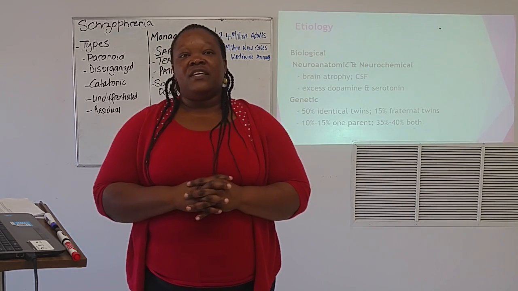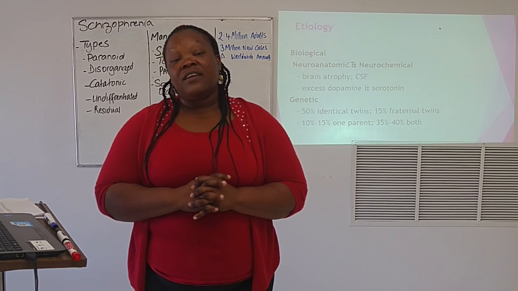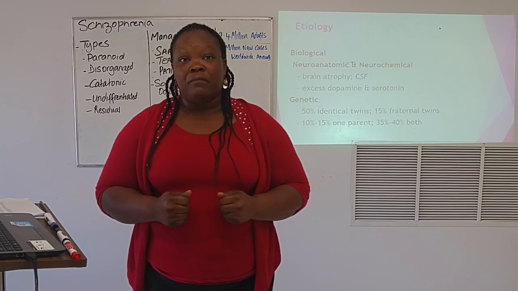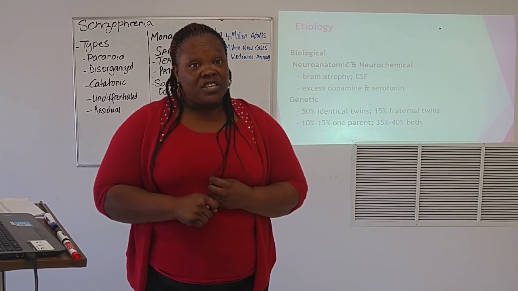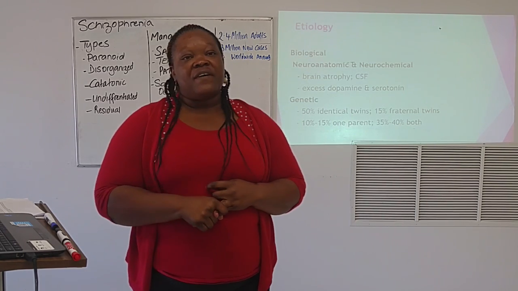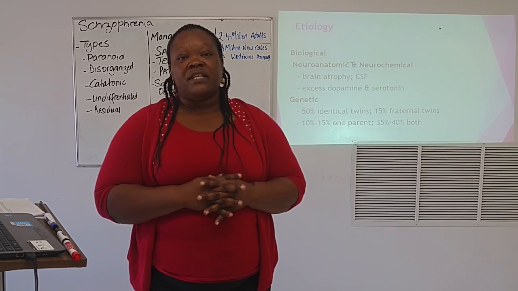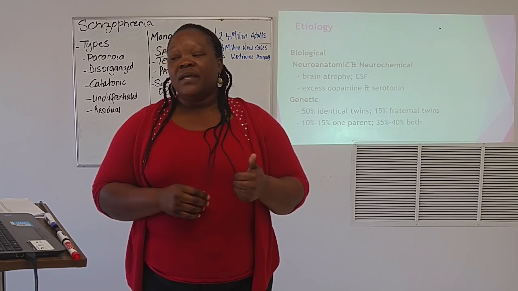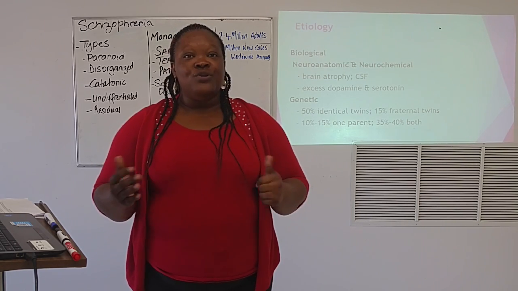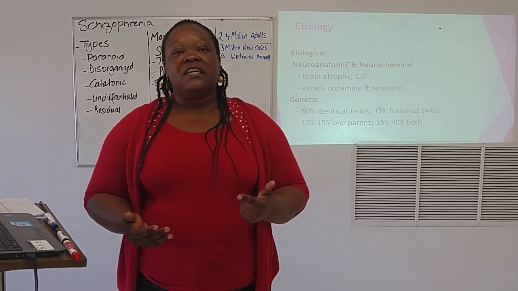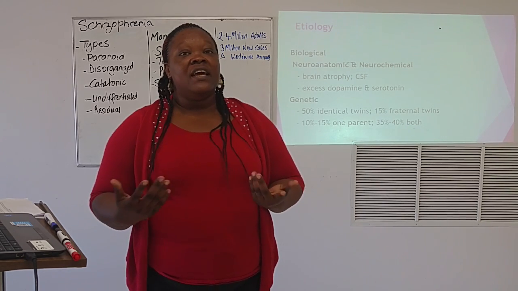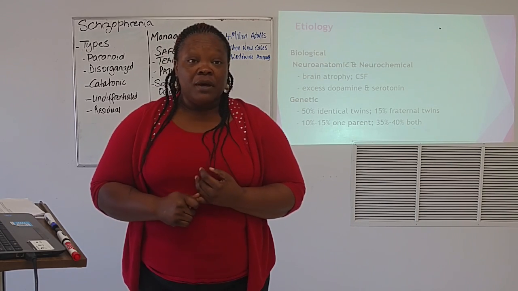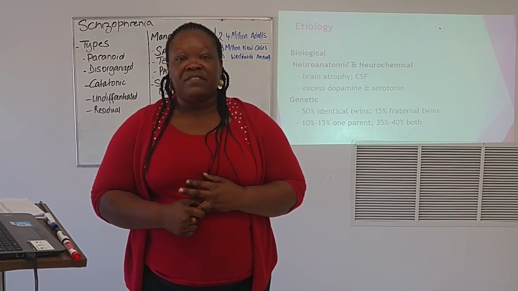As we move into the etiology, we have identified that the cause of schizophrenia is unknown, but the factors that are associated with its development would be biological factors, genetic factors, and psychosocial and environmental factors. The biological factors have two groups primarily. One, the dopamine or neurotransmitter theory, and the physical impairment of the brain. So if there is any injury or insult, that may result in increased brain activity or decreased brain activity,